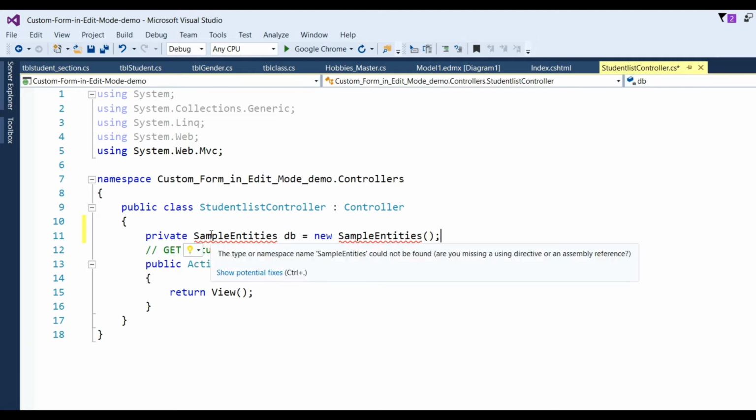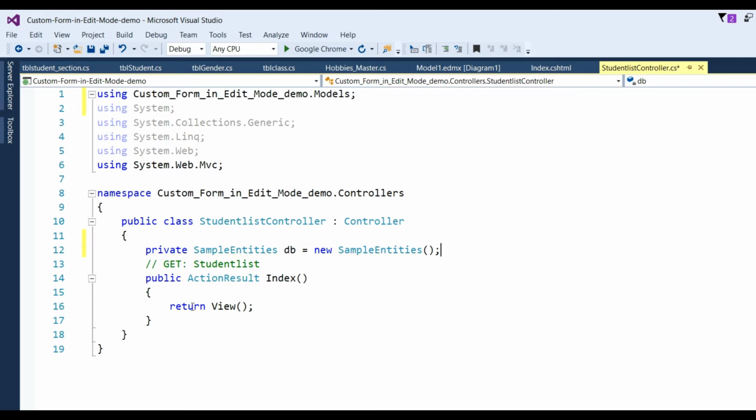Now add the namespace for this. So your namespace is added now. Now I have to show the records from the grid. So right here put where result equal to db.tblStudents, and then I have to put that variable in the view so that it can return the data. So put here result. Now go to the index page, where you have to write some code to